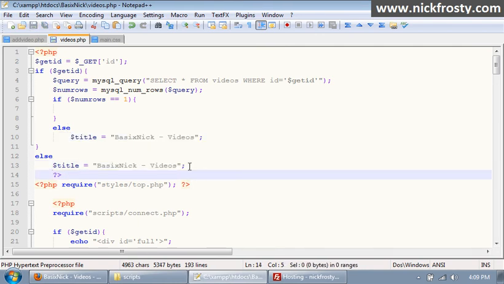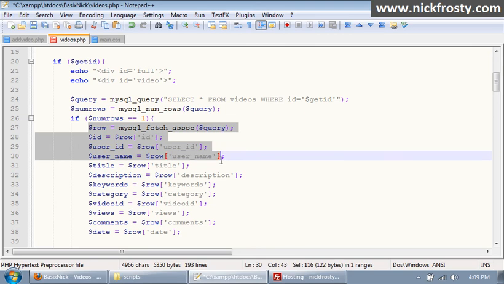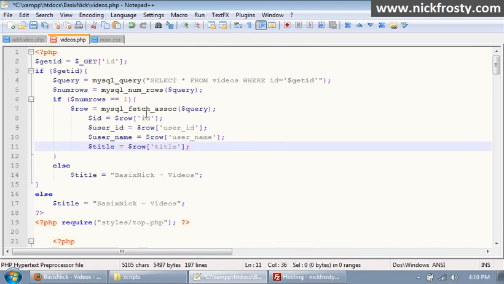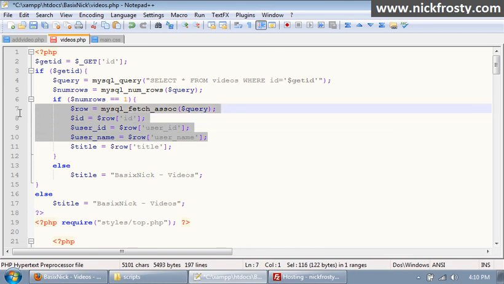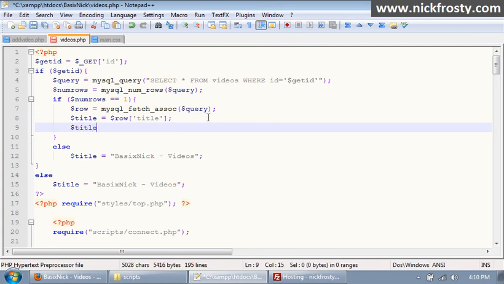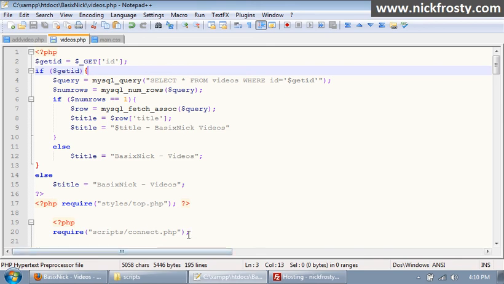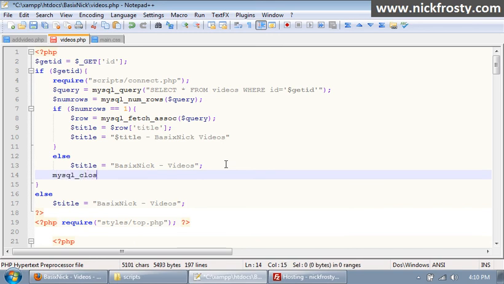So if our title is present, then we want to do our row code, and I'm just going to grab this down here, first indent. And I suppose if you wanted, you could say the title and then it was posted by so-and-so. So we're going to set the title equal to title and then dash basixnick videos. So that will dynamically set the code for that. So we also need to have our connect information in here, and mysql_close. So if we save and if we upload this now,